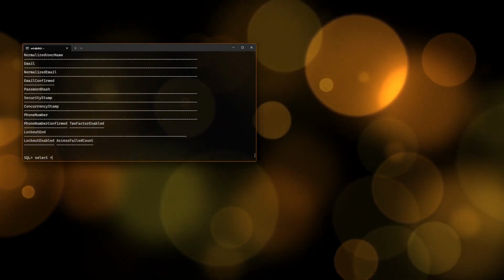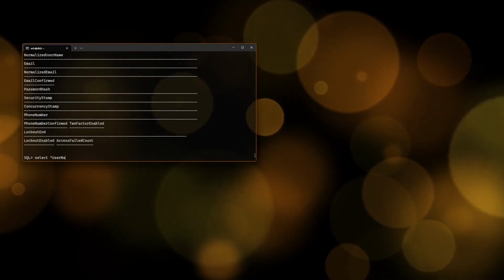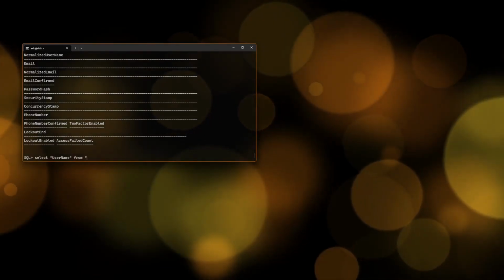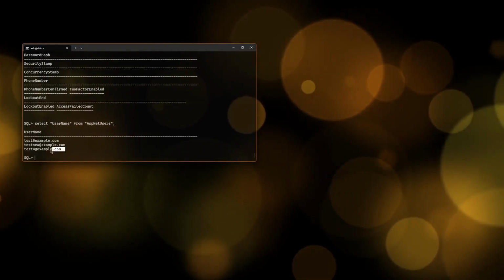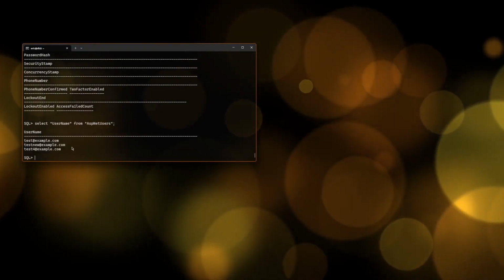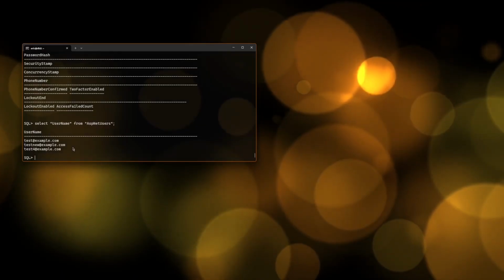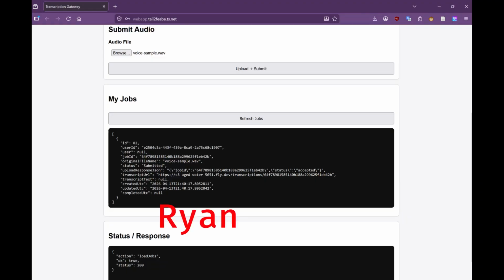And a little more specific, I'll do select username from our users. And here we have the users created. That should be it. So Ryan was in charge of setting up a worker node on a separate NVIDIA device